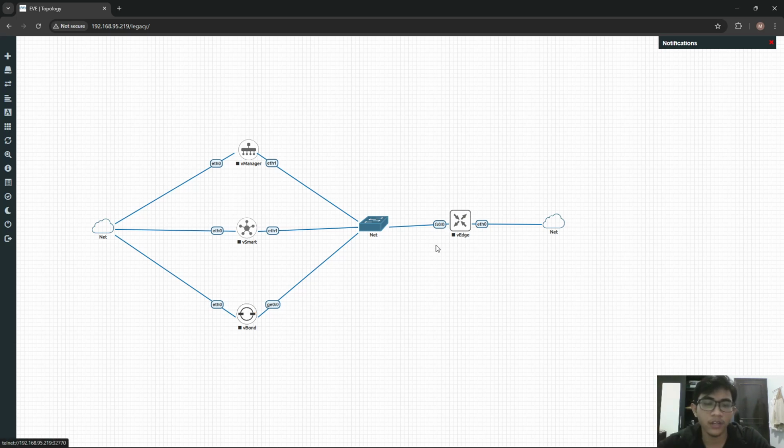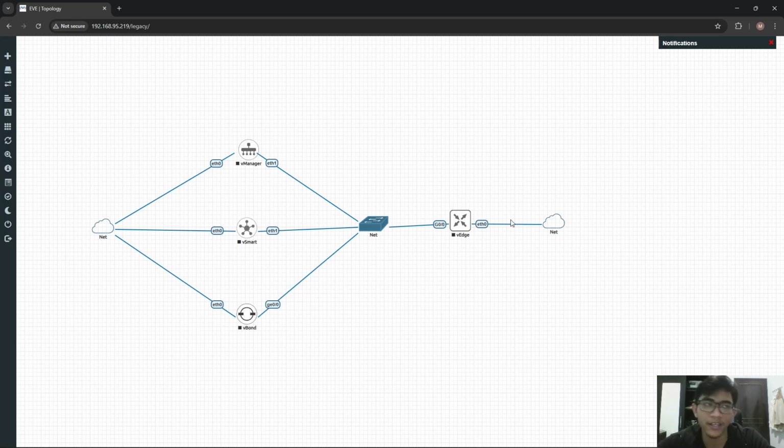So after contacting vBond for the first time, vBond will tell the vEdge where the vSmart and vManage are. So the vEdge will know the location or the IP of vSmart and vManage, and the vEdge will get the routing information and policies to connect to other branches or other locations.